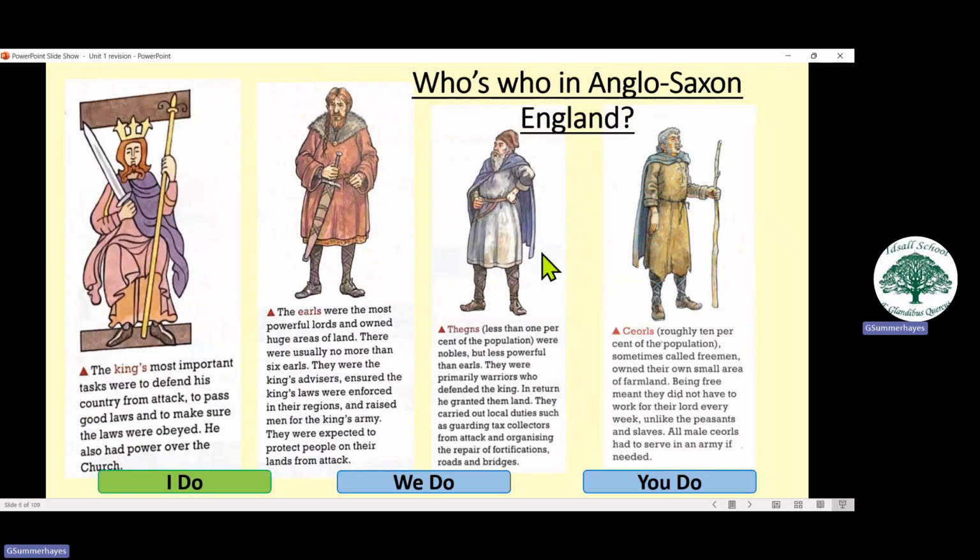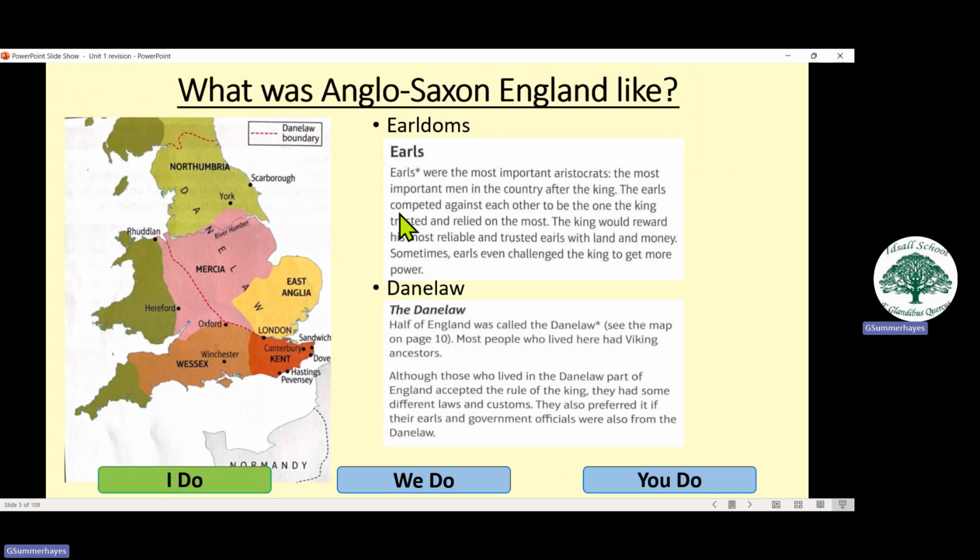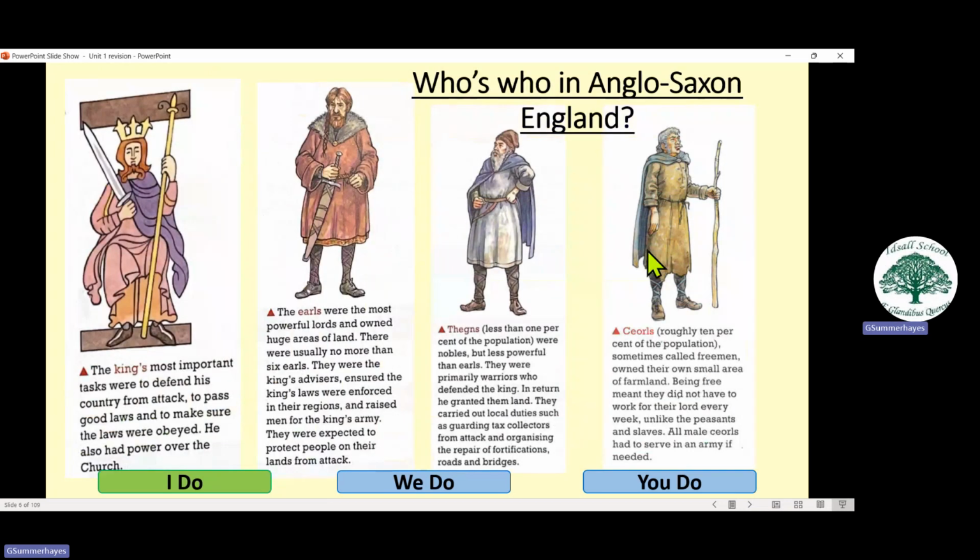And society was divided, both in the Danelaw and below it, into castes or classes, groups in hierarchical order. The king at the top and slaves at the bottom. And in between, you had the earls. There was an earl for each of these earldoms, so 5 or 6. Then beneath them you had thanes, which were noble, but there were plenty more of those within the earldoms, loyal to both their earl and then the king.